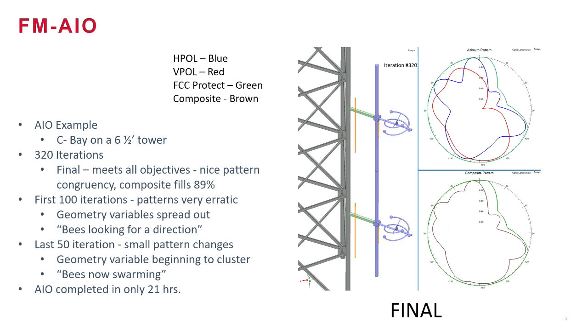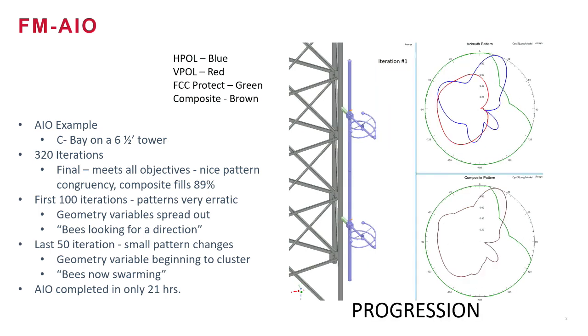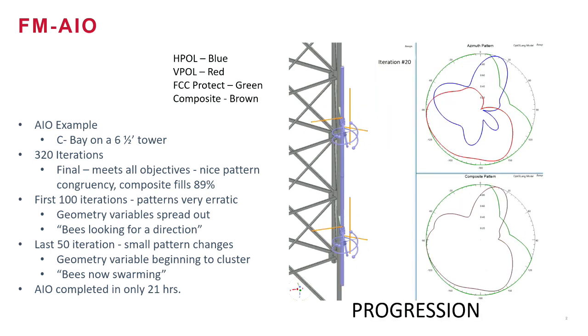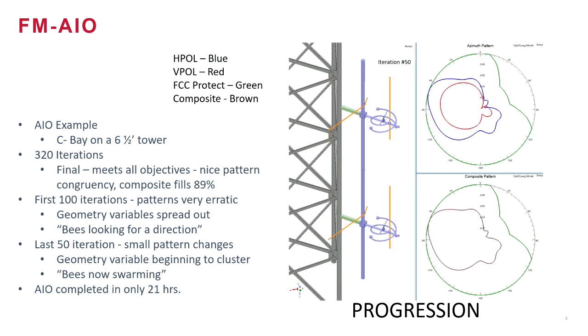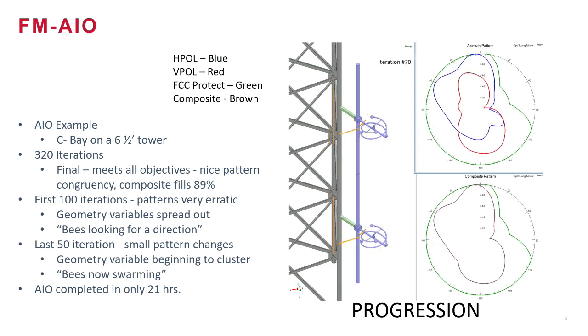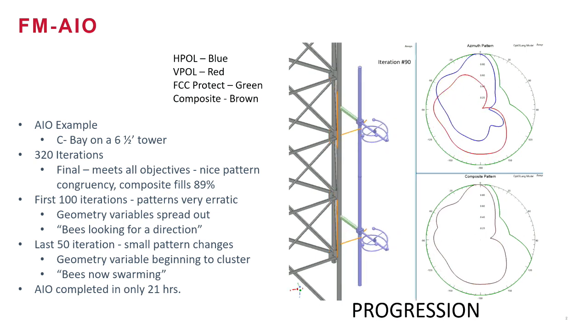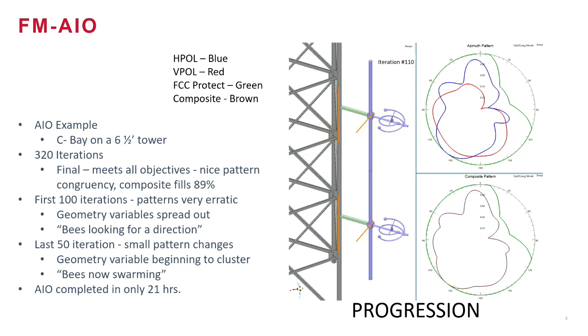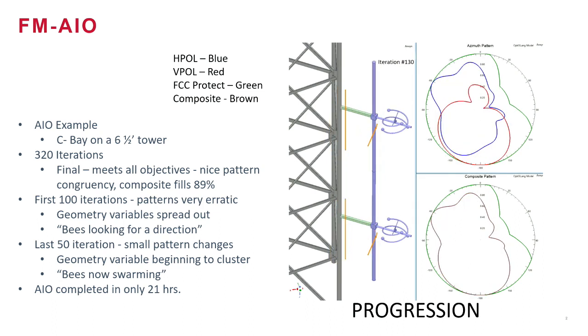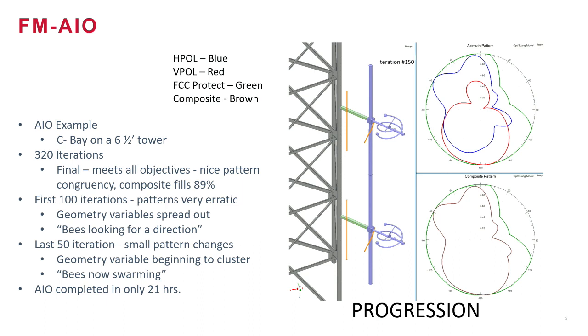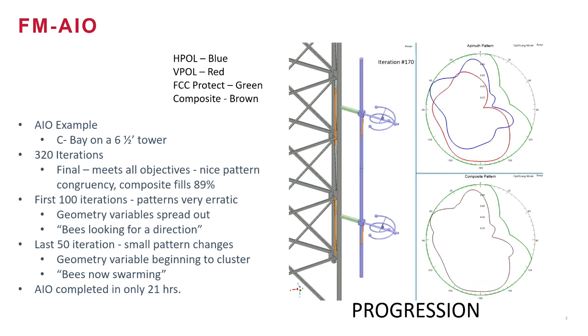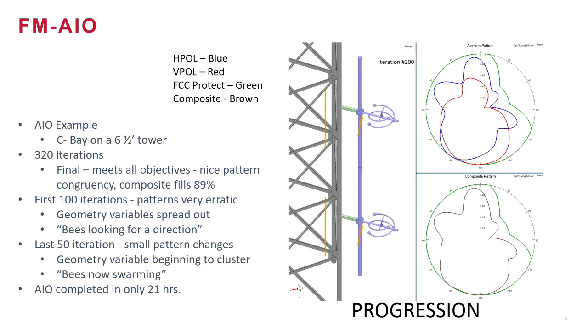So how do you get between here and there? Also, you'll notice on the left, you can see the parasitic elements there in orange that have been applied to achieve that type of performance, okay? The progression as it goes through and the software moves the antenna around, right? Imagine doing this on a test range. This particular antenna took 320 iterations to get from start to finish. I'm showing you here every 10 iterations, right? So there's 32 steps in this little animation here.